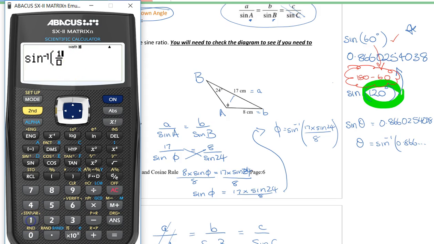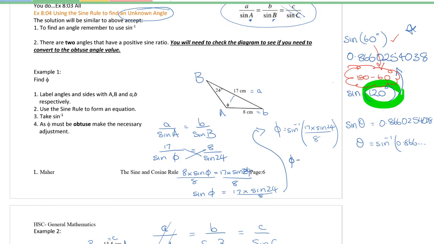So I'm going to do 17 times the sine 24. Close that bracket, come down to the denominator, and it's over 8. Now scroll across to the end and close the bracket. And it's saying that it is 59.8 degrees. Let's call that 60 degrees, but